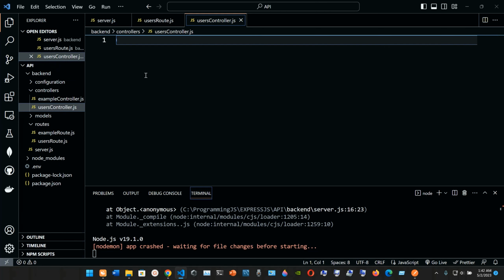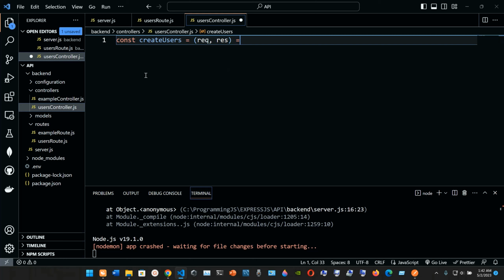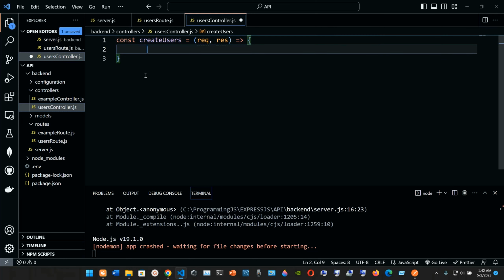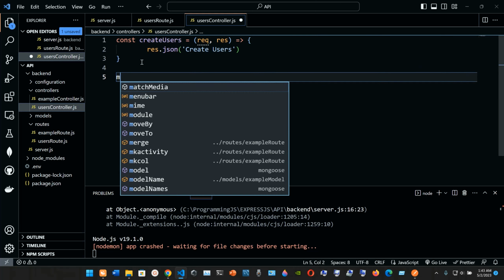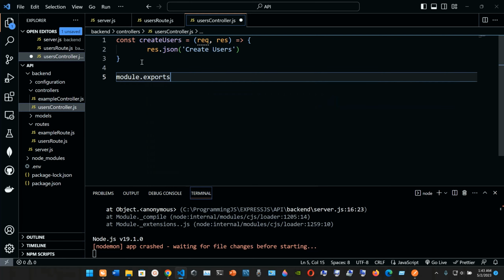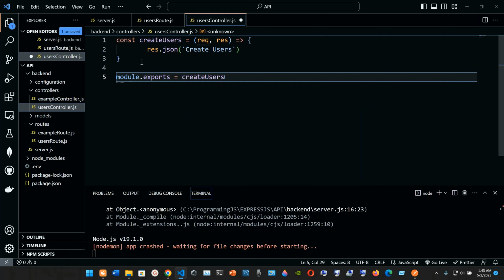Inside of this file, I'm gonna have this function, so const createUsers, and it's gonna take request, response. It's gonna be an arrow function like that, and we're gonna have a res.json with create users, and we need to export it. So module.exports, and we're gonna export this function, create users. We're gonna save it,